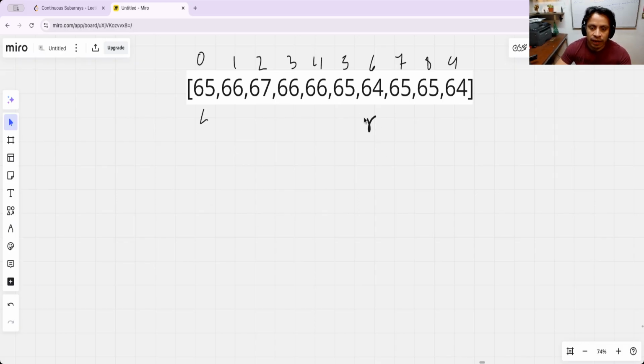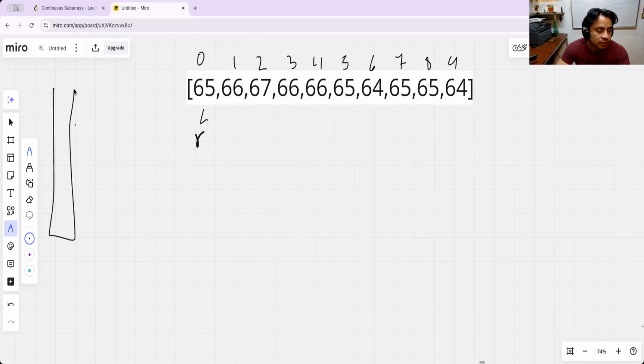For example, we have L and R, and here this is min, and this is max. Now the idea is tracking the indices here with the min and the max, and